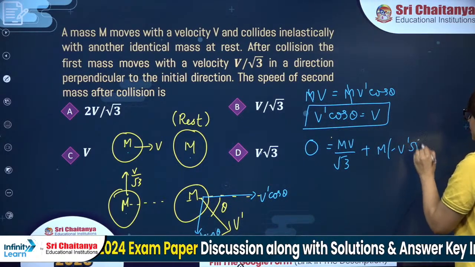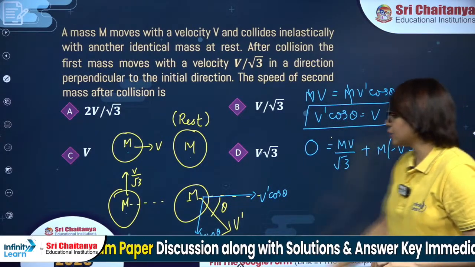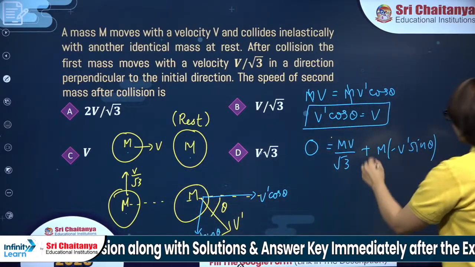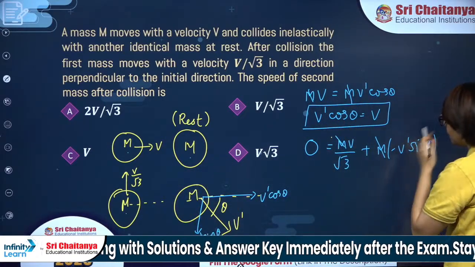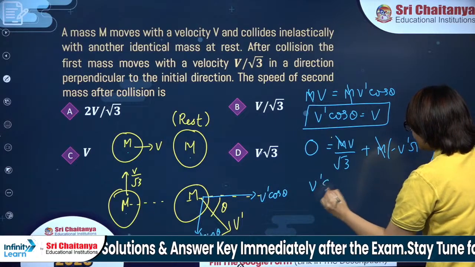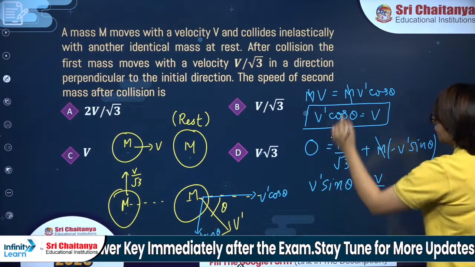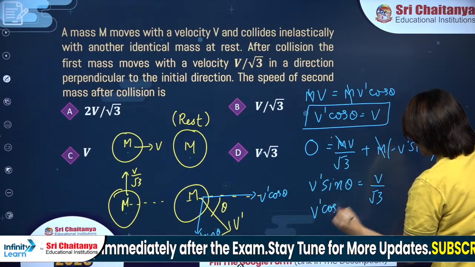Why minus, beta? Because v by root 3 and v dash sin theta are anti-parallel over here, right? So if you look at this one, m cancels. So we have v dash sin theta as v by root 3